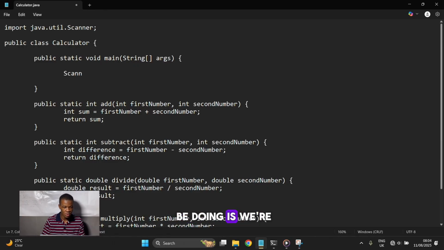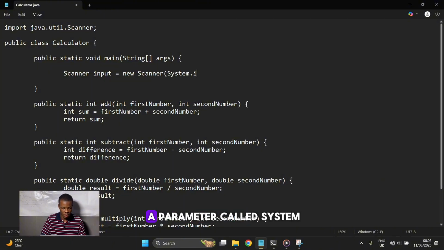So what we'll be doing is we're going to create, and we'll explain this, an instance, a single occurrence of that input. So Scanner input equals new Scanner. It's going to take a parameter called System.in,